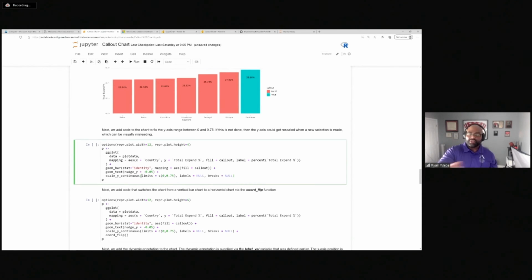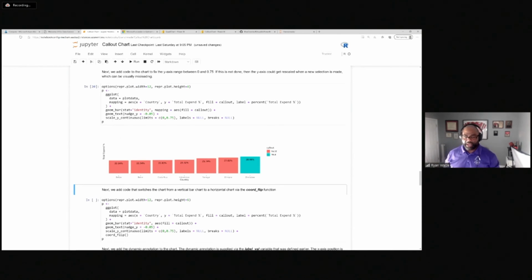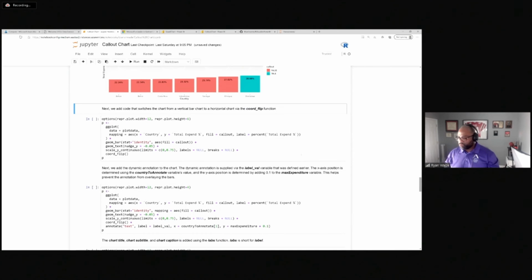Now, if we were using a different data type in our Y-axis, then the scale that we'd use would be based on the data that is represented in that particular axis. So we set that. So now you see we have a situation where we have our scale between 0 and 0.75. So the next thing that we'll do is